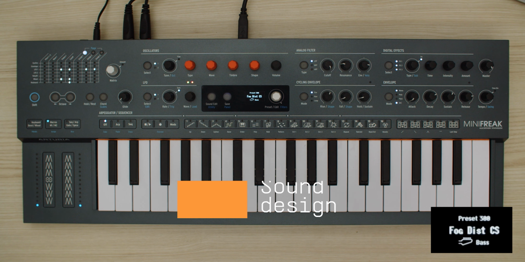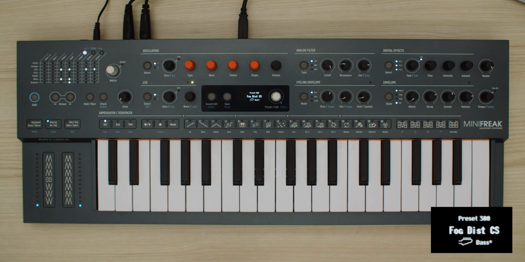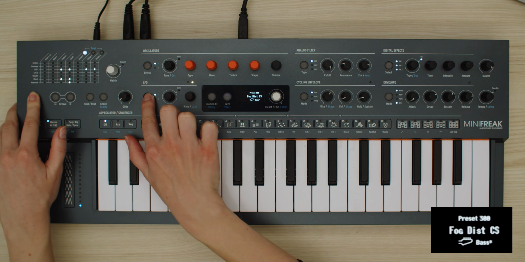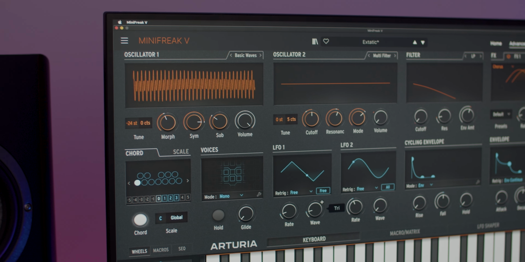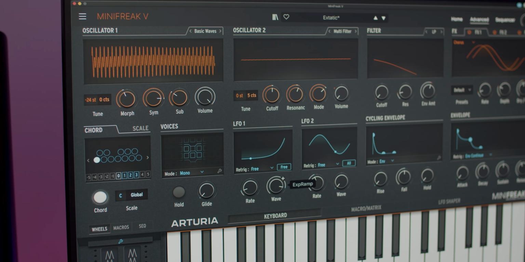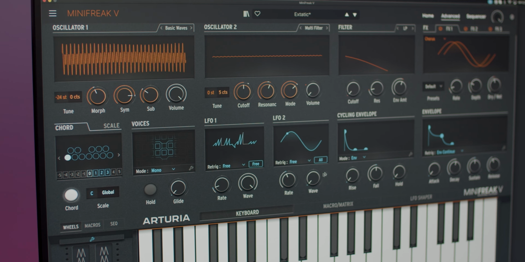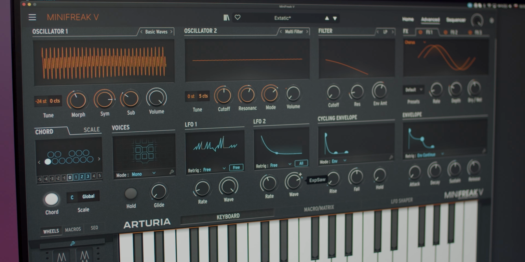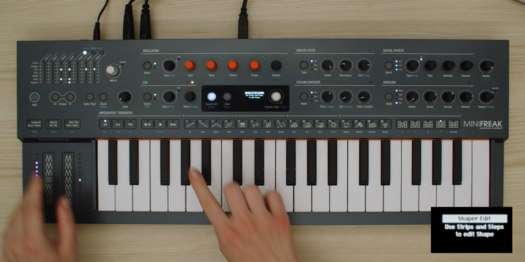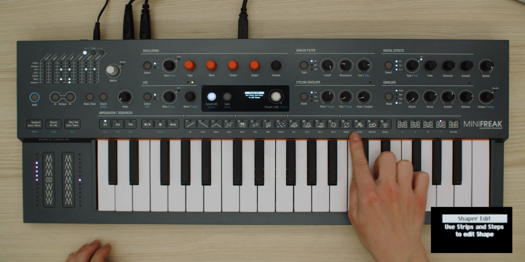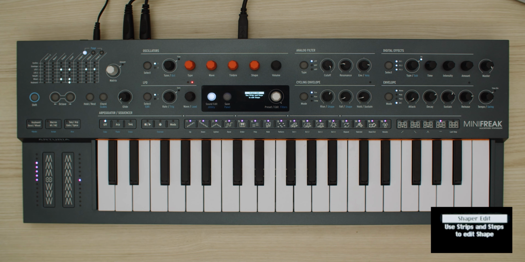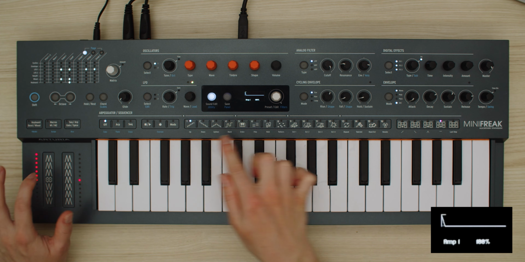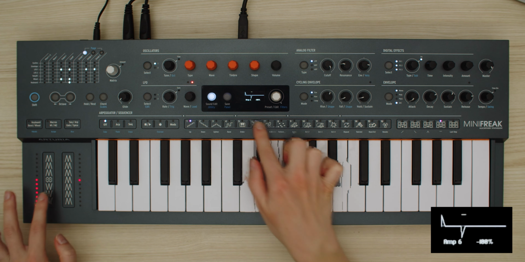To activate the Custom Shaper Edit mode, simply hold down the Shift button and press the LFO Select button. In Minifreak V, not one, but two custom LFOs are available at the end of the wave selection control. The custom LFO shapes are made up of 16 steps, which we control with the 16 sequencer buttons you can see blinking at us. We create steps and control their level by holding a step button and using the first touch slider on the left of the keyboard.